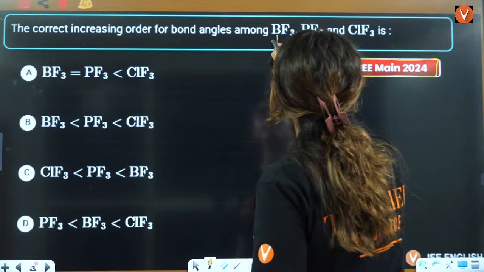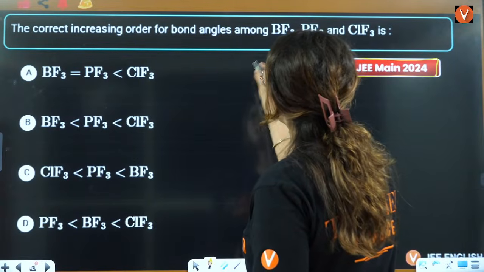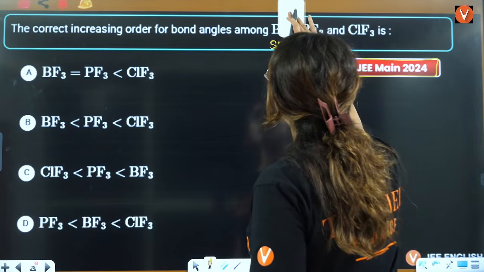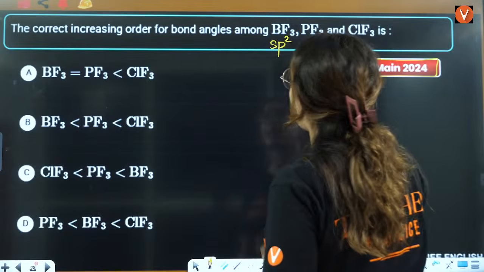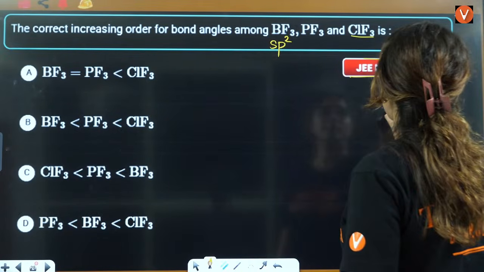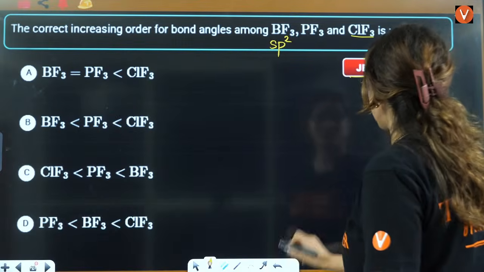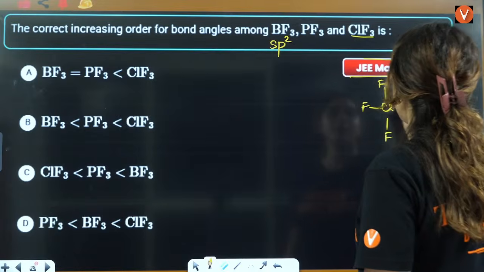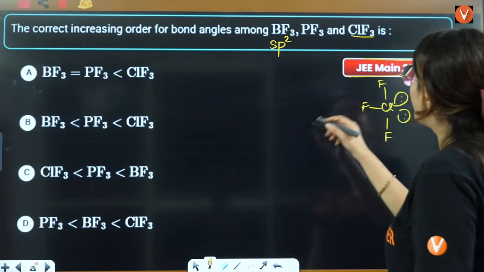If you see BF3, BF3 actually is trigonal planar. We have already done this. This has sp2 hybridization, right? Angle is 120. And if you talk about ClF3, if you remember, Cl was like this. This was like this. F, F, F. If you remember now, we have already done this. PF3